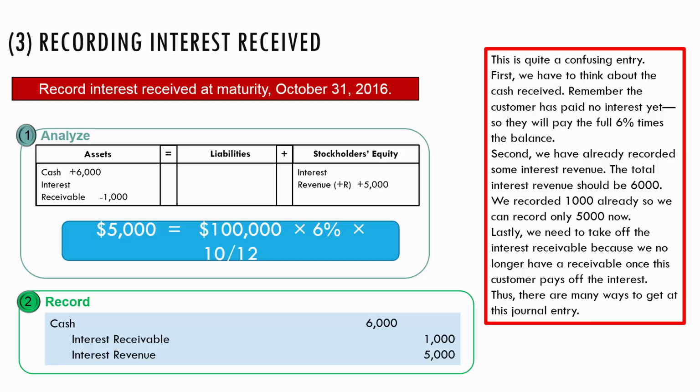It's proper for us to do this because the customer no longer owes us anything, because they're paying off the total amount, which is the $6,000. So they're paying the $6,000 now, which amounts to the $1,000 which we already recorded as interest revenue in the previous fiscal period. This fiscal year, we need to record the $5,000, and this journal entry